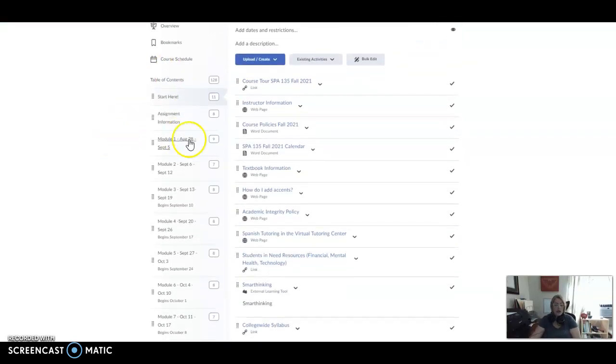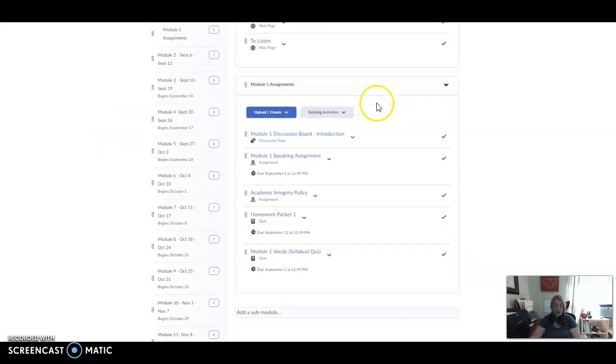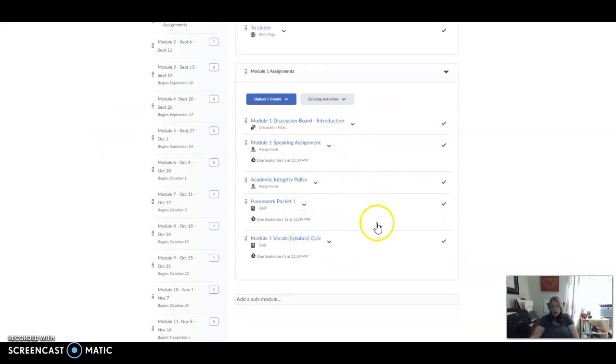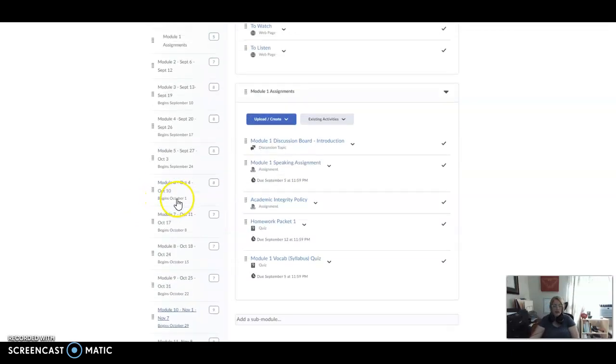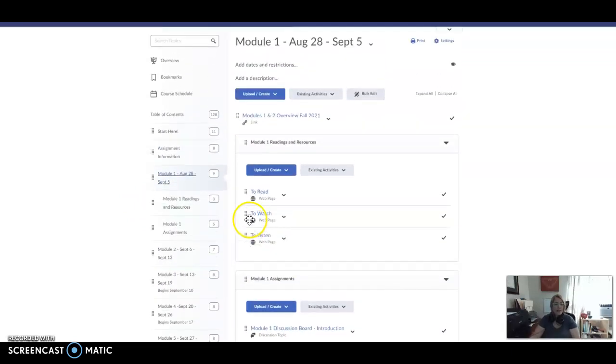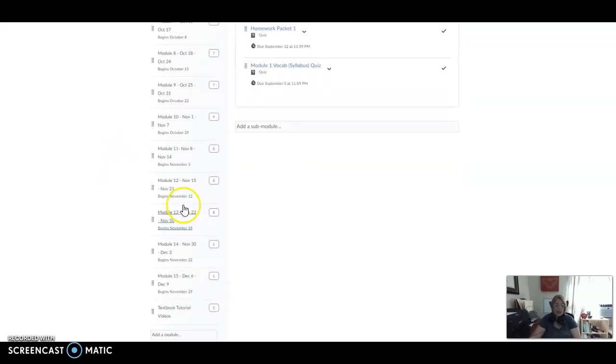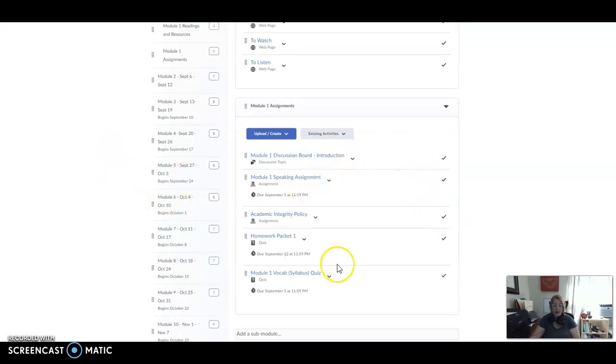All right. So here also, if you click on each module, it'll give you specifics about that module, exactly everything that you need, everything that needs to be done, and more details about the assignments. Okay. Other than that, that's pretty much it. There is a lot of details here. There is, as I said, the homework packets. Okay, you have unlimited tries.